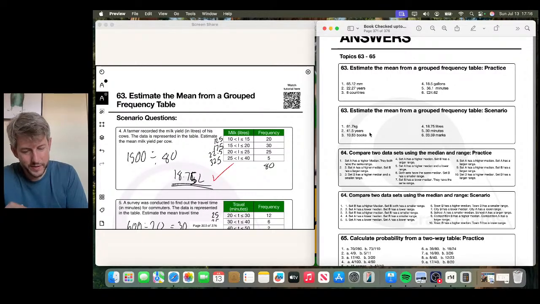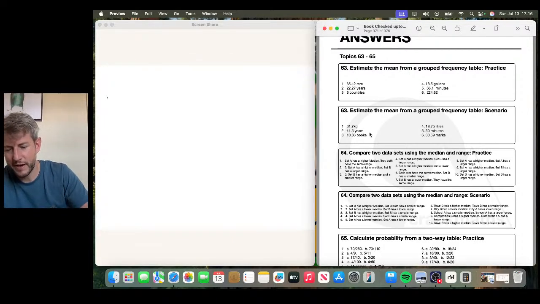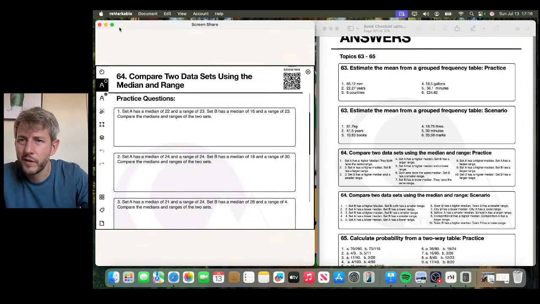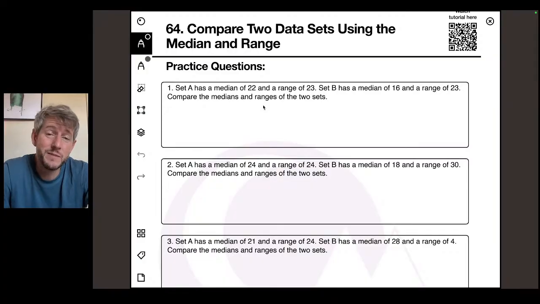On to topic 64. Median. Compare two data sets using the median and range. Okay, so here we go. This is always a funny topic. It's basically saying which one's got the higher median, which one's got the higher range. So